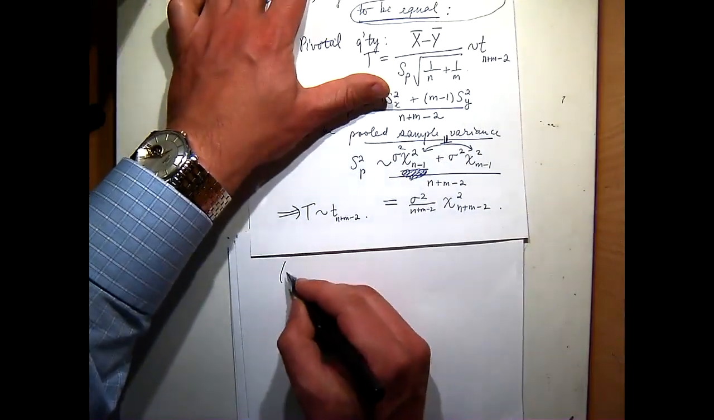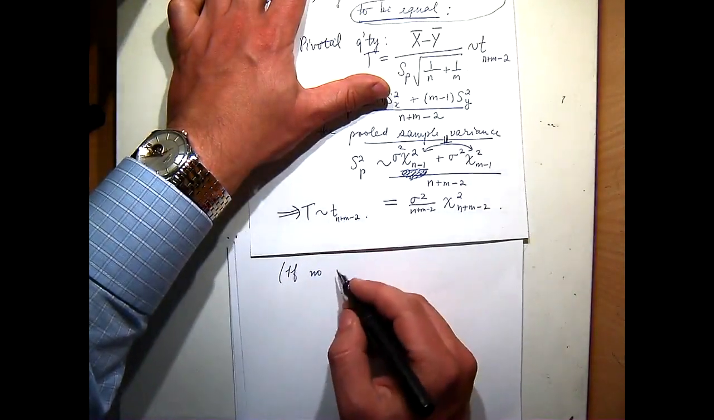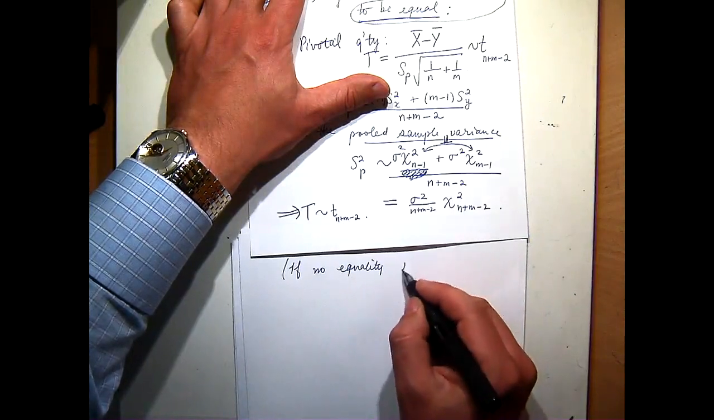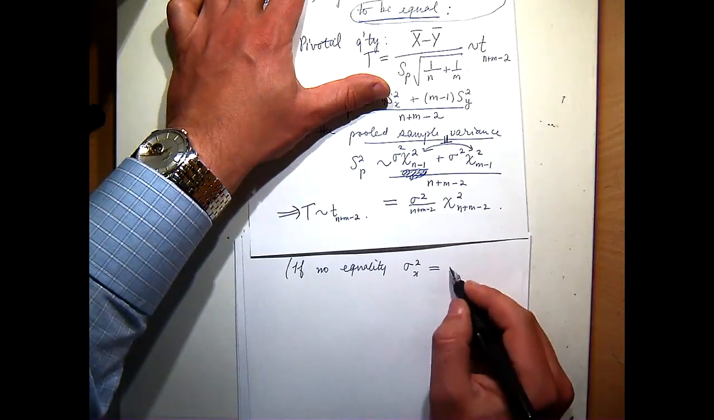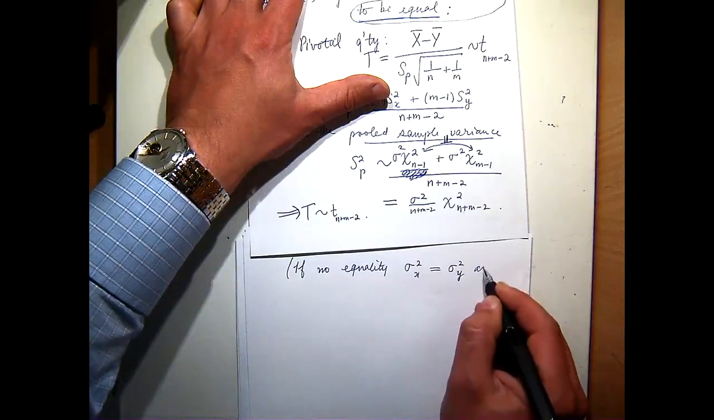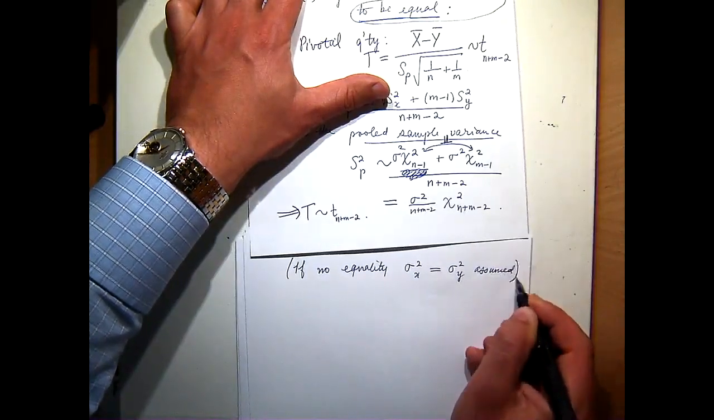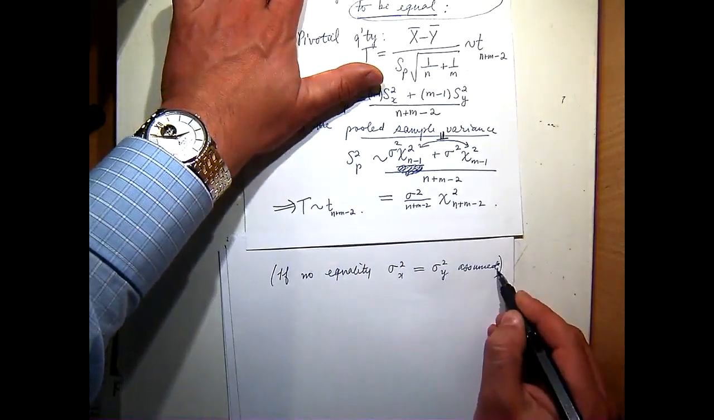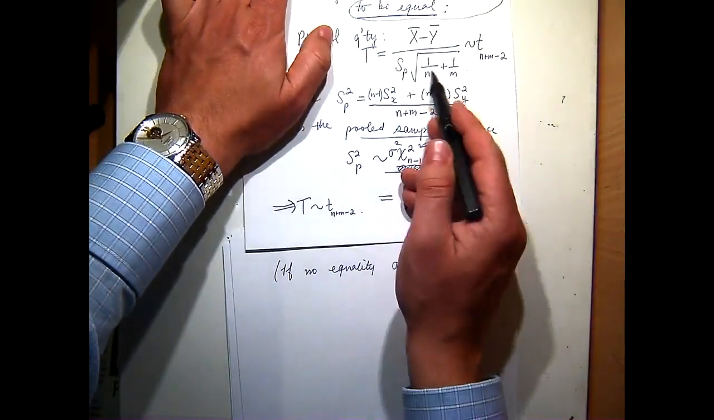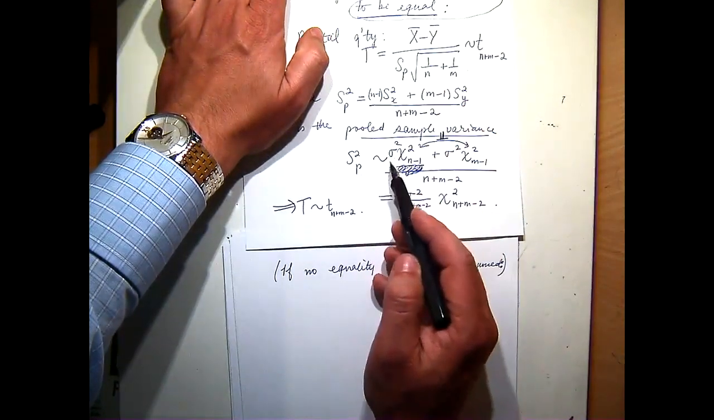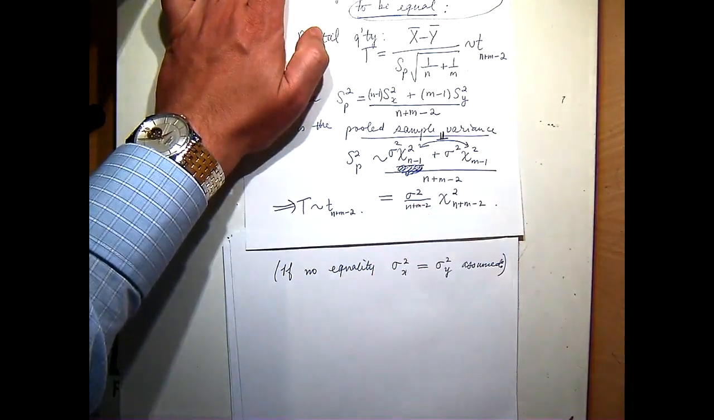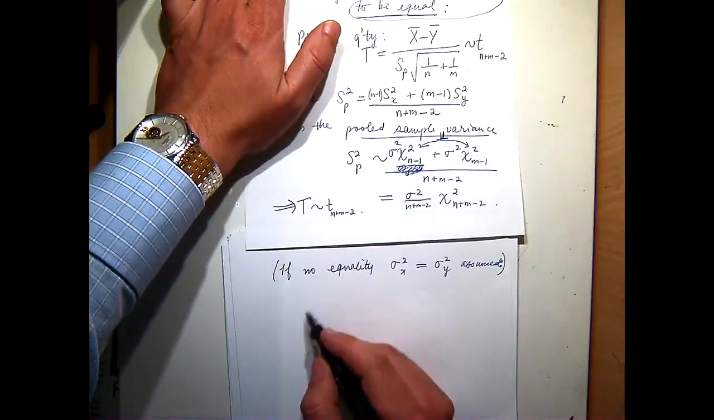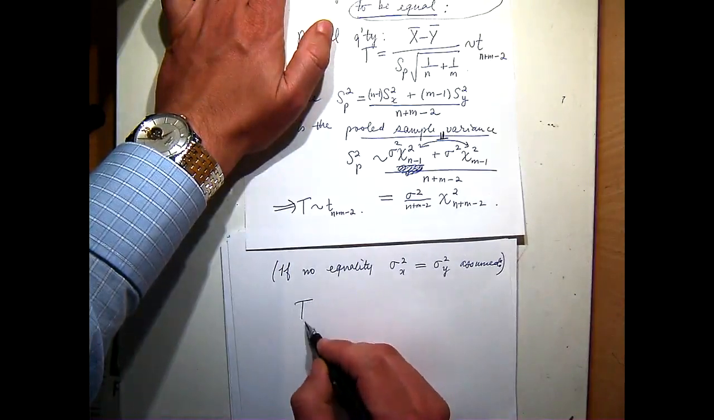So if no equality, sigma squared x, sigma squared y, assume. That's to say, it's not to say we assume they're not equal, it's just to say we don't assume anything is the case. Then no longer is it useful to pool the variance, because S squared P is to estimate sigma squared well. If there's no common variance, there's no point estimating. So what you do is you do instead, this is T, and I'll just put a little